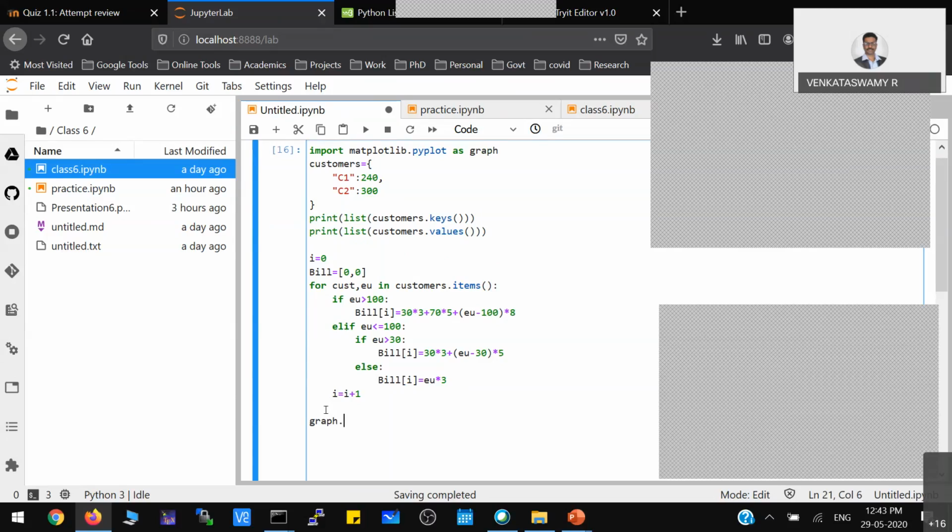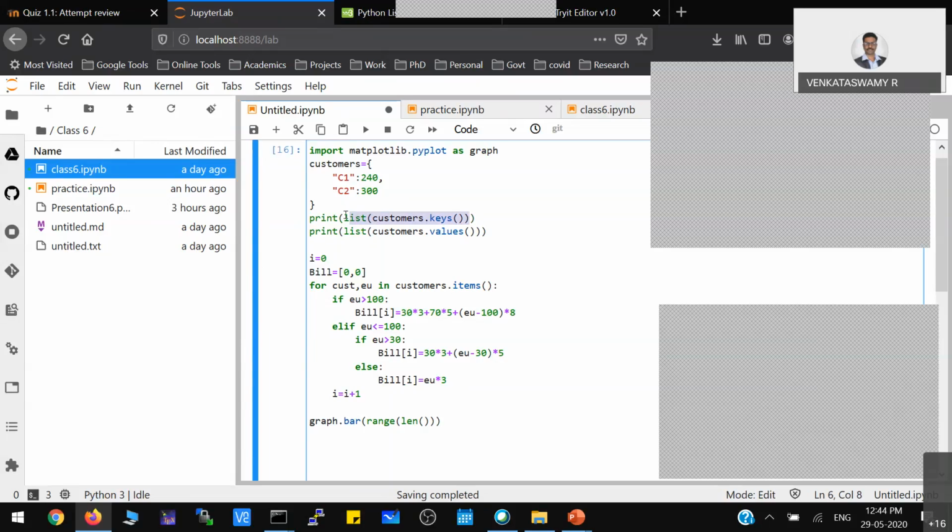So graph dot, okay, I'll just use a bar graph. Range of, see how many values, the length of bill or length of customers. So it would be the length of customer keys.